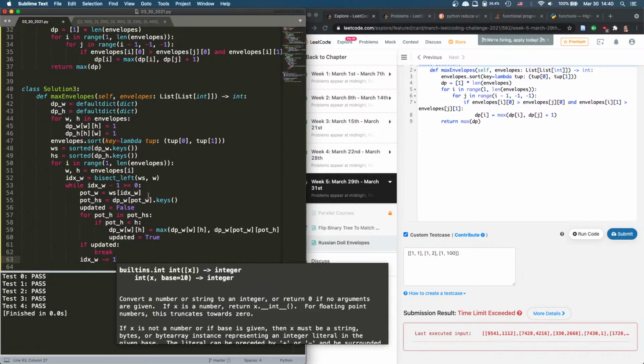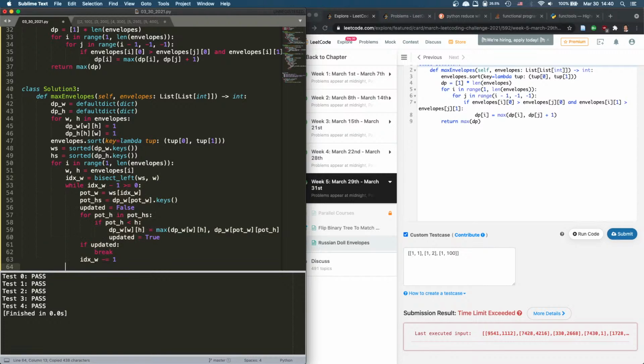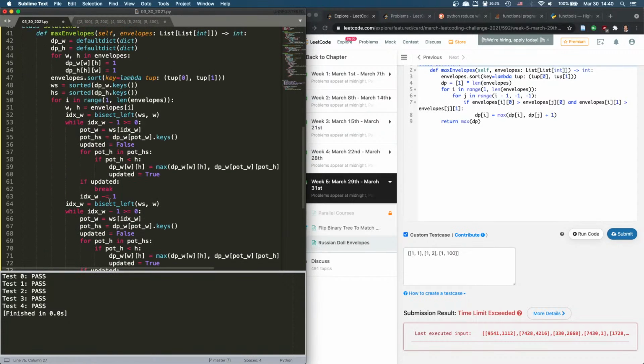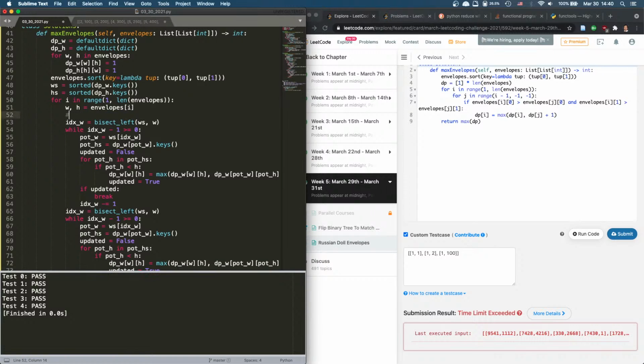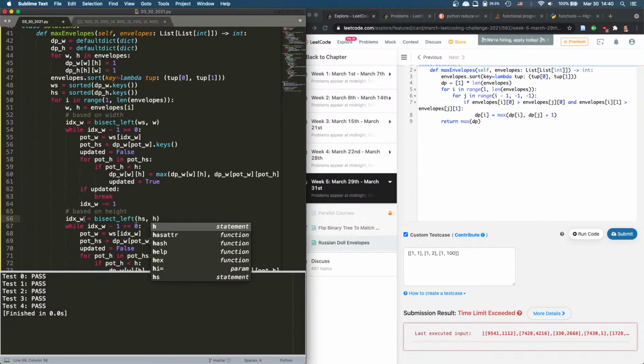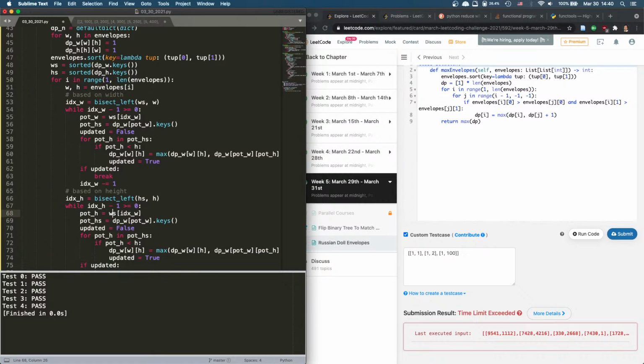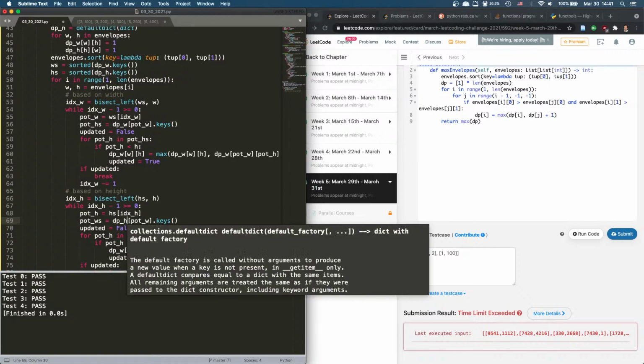So that is based on w. So we can do exactly the same thing, right? Exactly the same thing. And then we can say this is based on width, and this will be based on height. So this is going to be h, this is going to be h, this is going to be h, right? And while this equals 0, so potential h equals h, and then potential weights equals height